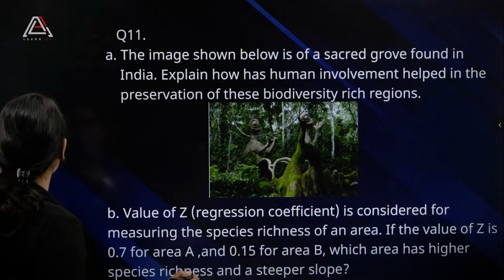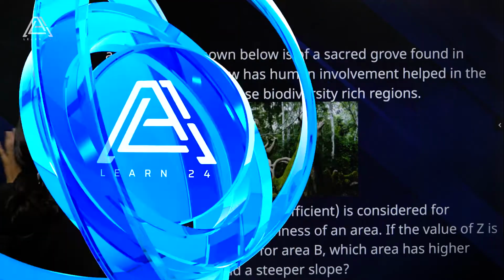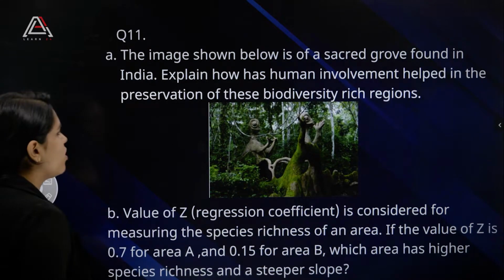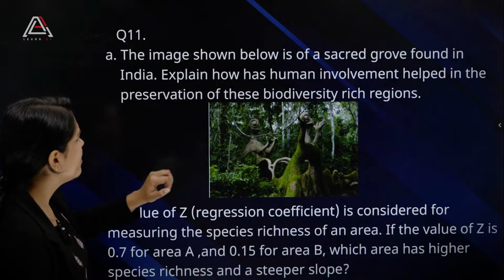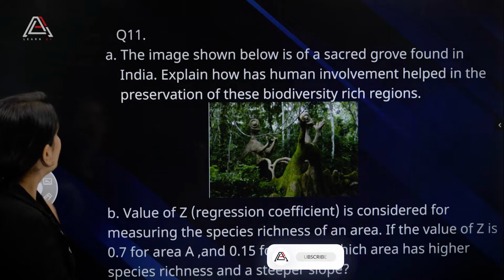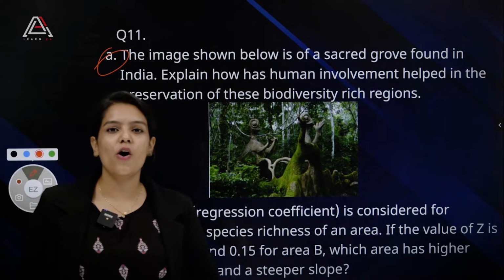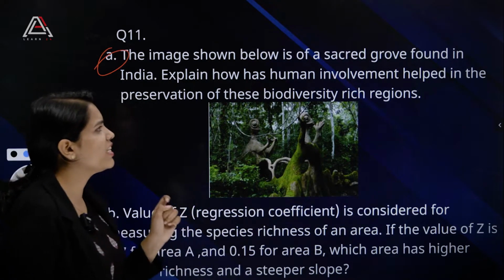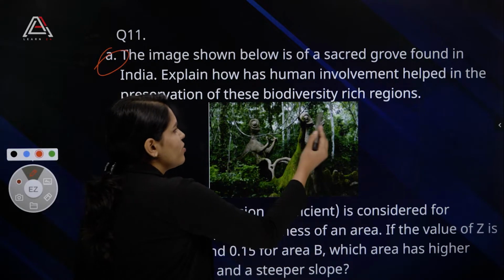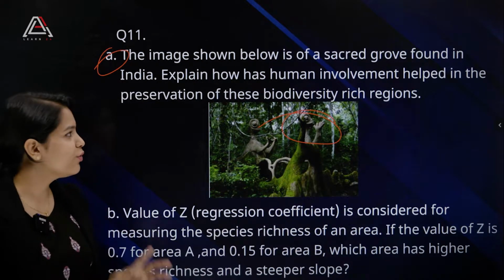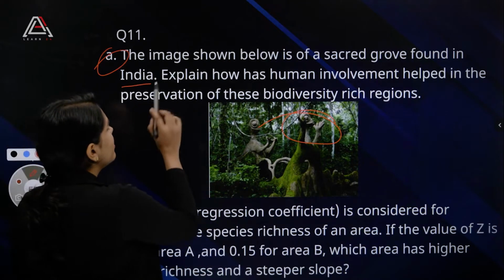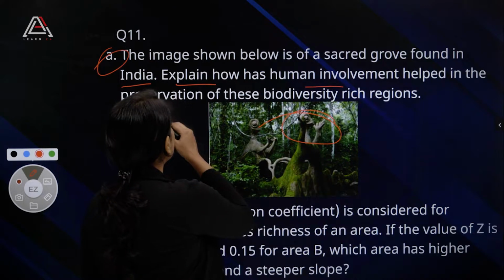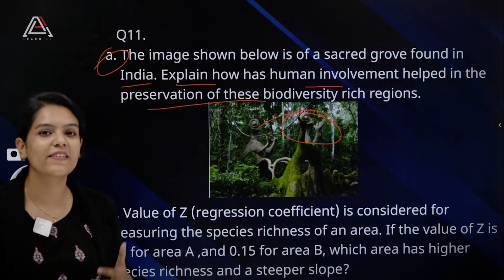Okay, let's move on to the next question, that is the 11th question. Here an image is given. Let's see what image this is. Very colorful image. Again this question has 2 parts. Let's see what the question is asking. The image shown below is that of a sacred grove. So this image is of a sacred grove found in India. Perfect. Now the question here is, explain how human involvement has helped in the preservation of this biodiversity rich